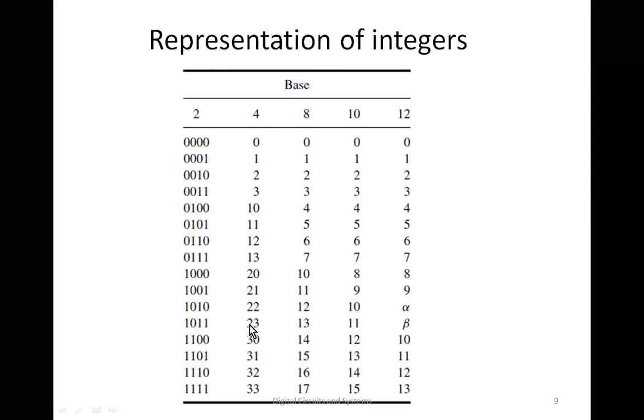This 2 means we have used all the symbols twice. All the symbols means 4 symbols. So 2 into 4 plus 3. 2 into 4 means 8, plus 3 means 11. So if you use the decimal system to count, this 23 will be equivalent to 11 in the decimal system.